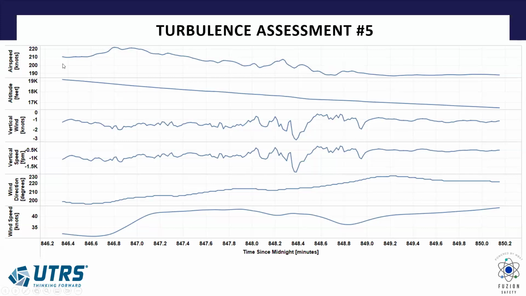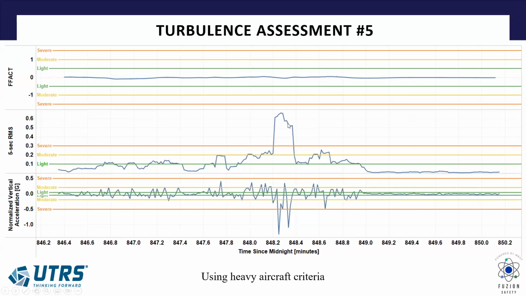Here's the fifth one, again in a descent. There's not much going on, and it starts happening, and boom, they slow down again. And right here is about where it gets bad. Winds are changing, direction's changing. Again, this one's so big. The extreme, I didn't plot it here, but extreme on this classification is 0.55.